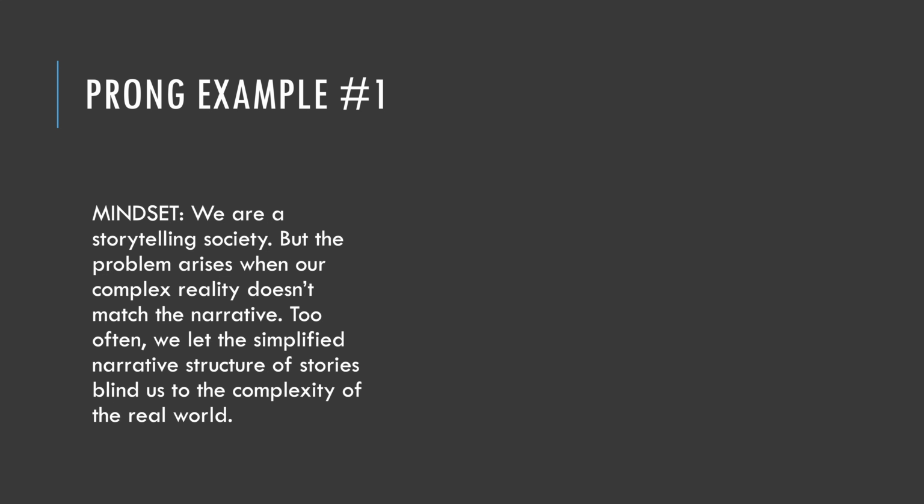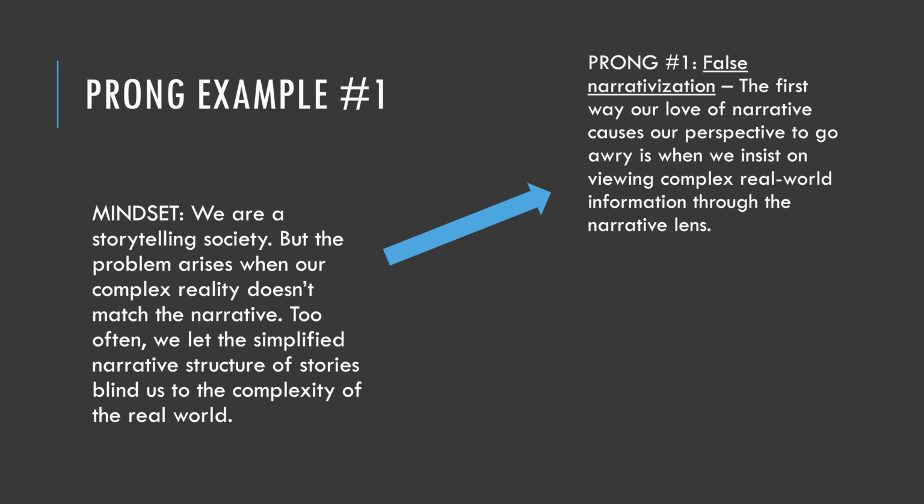Now let's see, how did he organize his speech? Let's think a little bit more critically. So the first prong, he called it false narrativization, and he said, the first way our love of narrative causes our perspective to go awry is when we insist on viewing complex real-world information through the narrative lens. That's where he talked about Gandhi. That's where he talked about the historical simplification that occurs when we end up oversimplifying the complex real-world information through